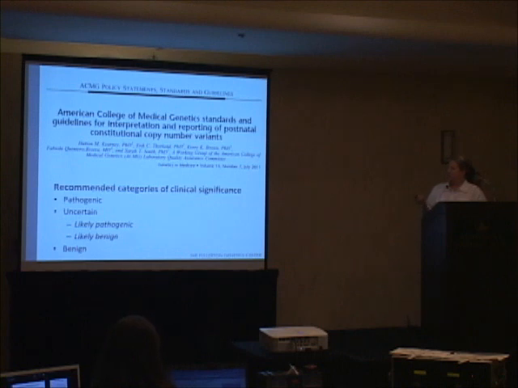We did recommend categories of clinical significance. Some people think that we have 5 categories of clinical significance, but I'd like to stress that there are really 3. There are those findings that we deem to be pathogenic, that we understand and we know have consequence in human disease, those that we do not understand, that we're uncertain about, and those that are benign. And certainly you can further subdivide your uncertain category into likely benign or likely pathogenic. But I feel strongly, and the writers of the document felt strongly, that the most important thing to communicate was that we didn't know. Because you can take your best guess all day long, but if you're uncertain, that's the most important thing to let your physician know.